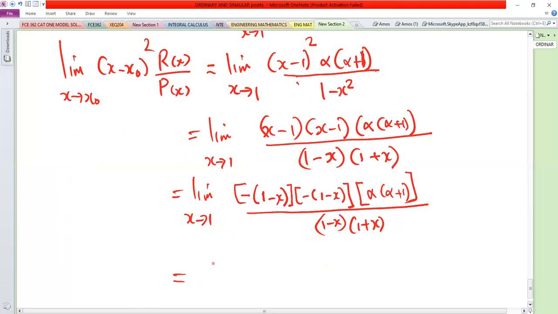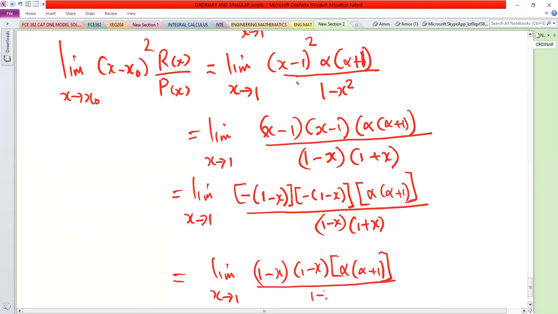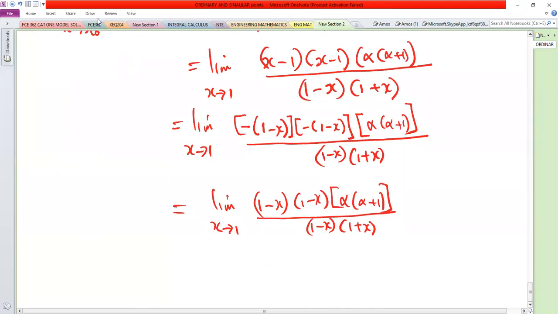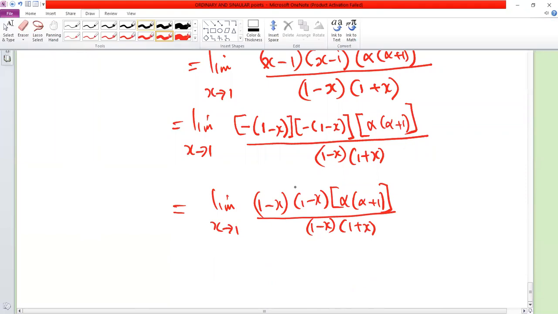So the negatives cancel out, and I have (1 minus x)(1 minus x) alpha times (alpha plus 1) over (1 minus x)(1 plus x). And then we see clearly that this now will cancel out,